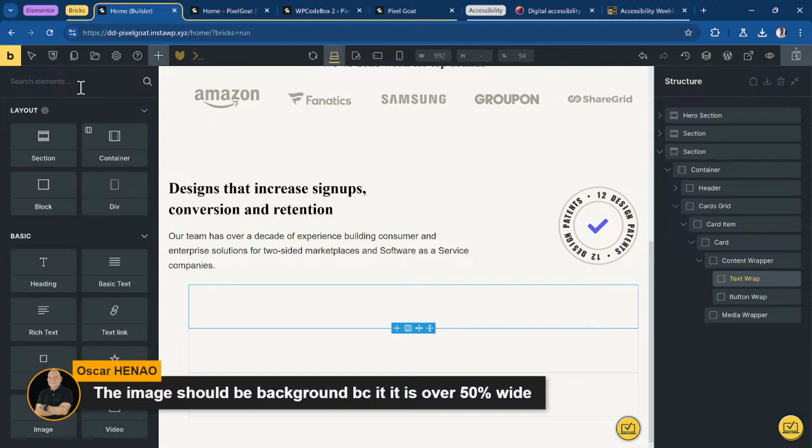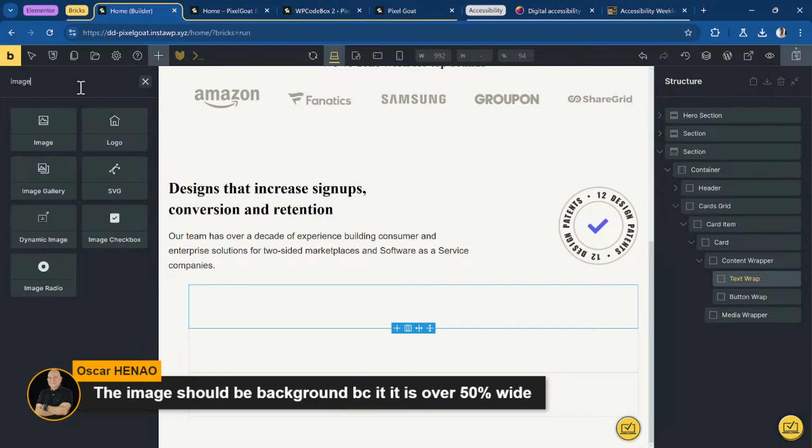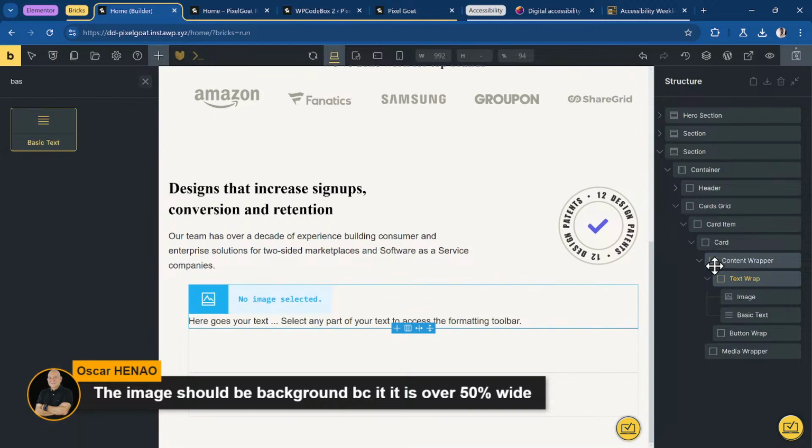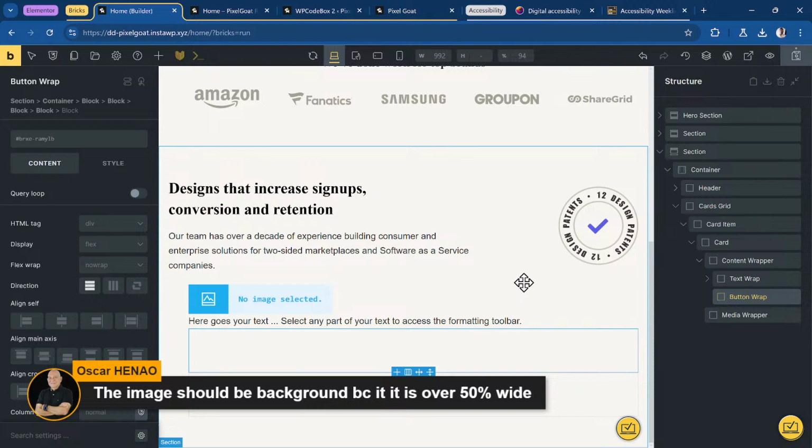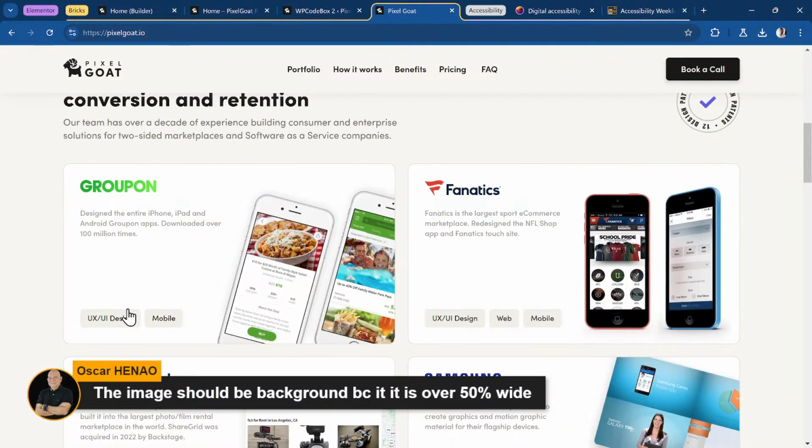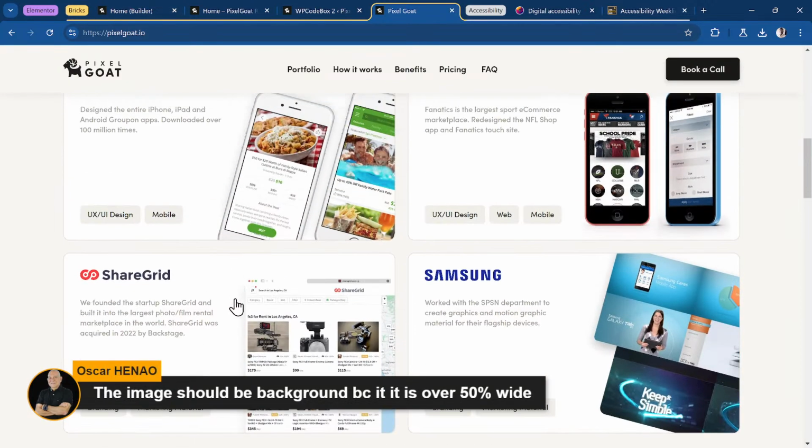Okay, we have an image there. So image and a basic text for the top. Then for the button, we just have to, okay, now in this case,